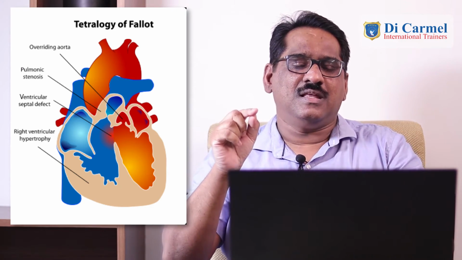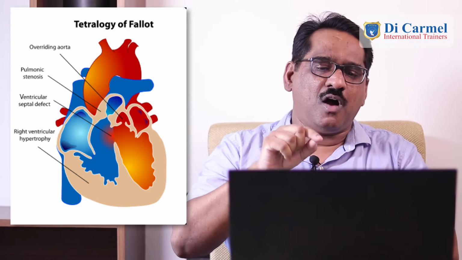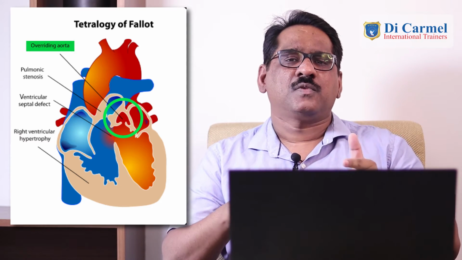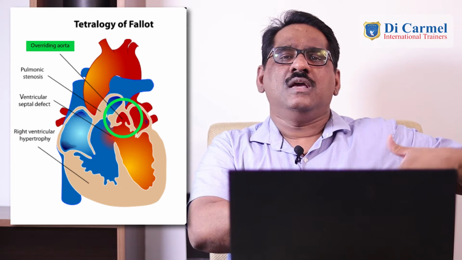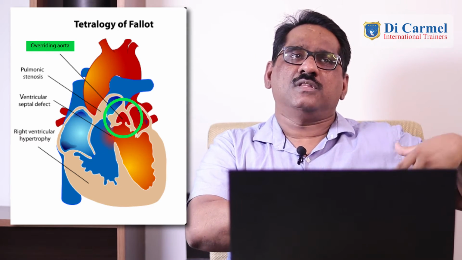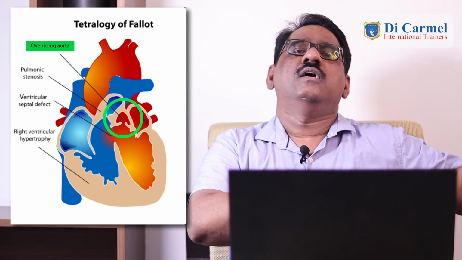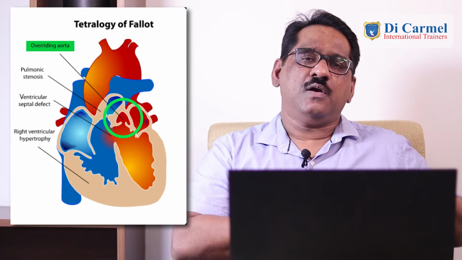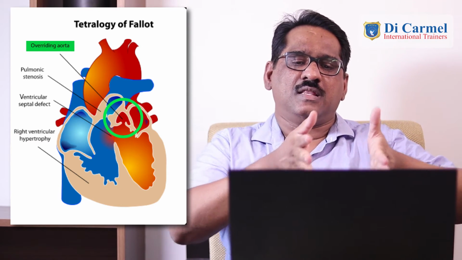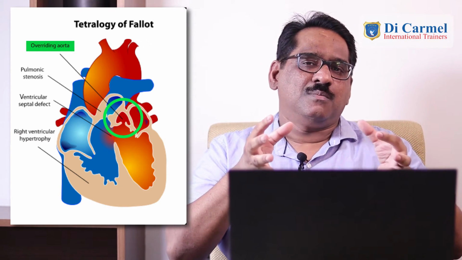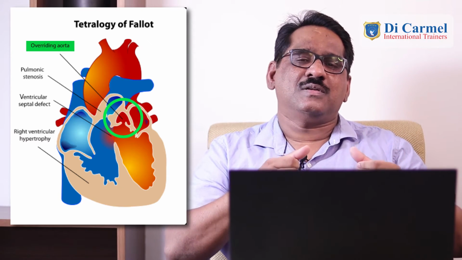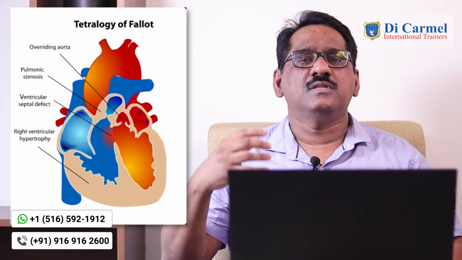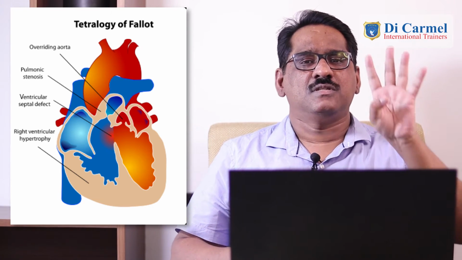But in addition, there are a couple of other associated problems. That includes overriding of aorta. And what does that mean? Normally we know the aorta is positioned into the left ventricle and is pumping the oxygenated blood from the left ventricle into the body. But here, as you can see, the aorta is positioned over both sides. That's called overriding. So that means the blood that is getting pumped out via the aorta is a mix of the blood in the right and left. And also let me clarify how right ventricular hypertrophy happens, which is the 4th defect